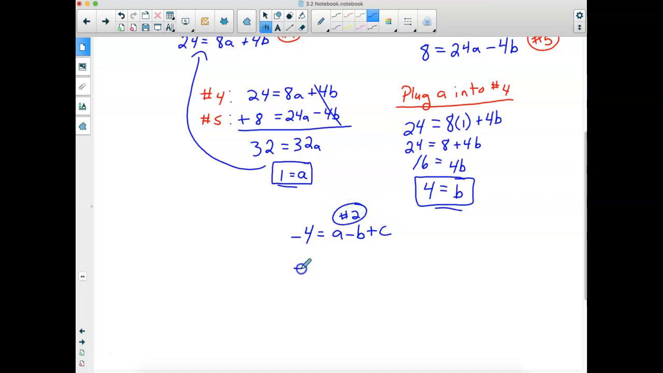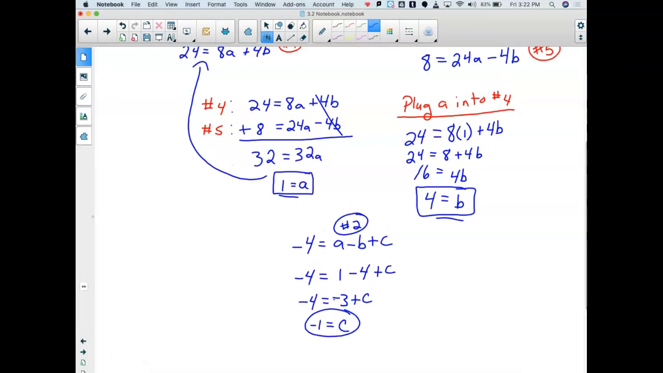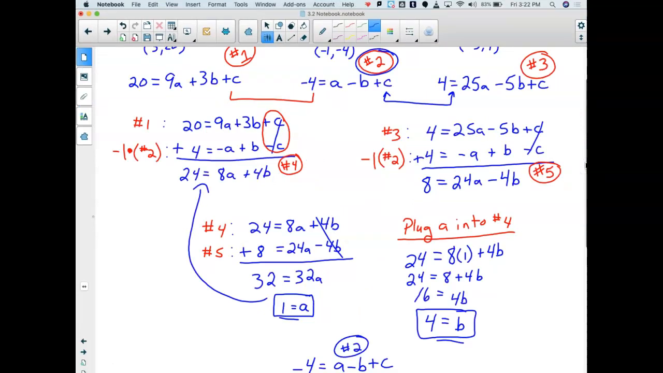So I'm going to say -4 equals, my A value is 1, minus my B is 4, plus C. So I can see -4 equals -3 plus C. That would mean C has to equal -1. Okay, so now I know A, B, and C. So when I take that all the way back to the top, okay,